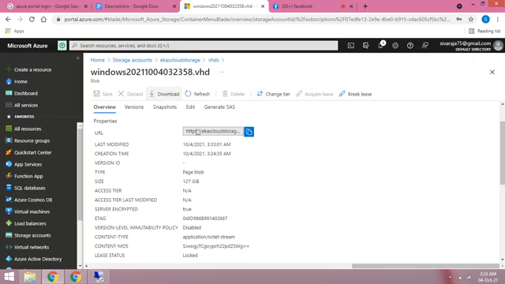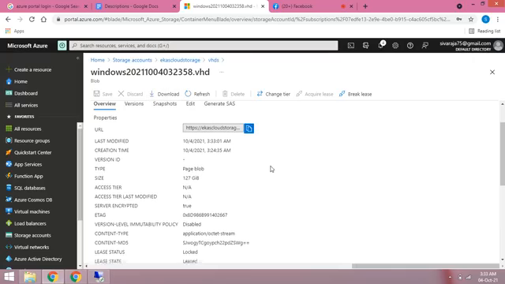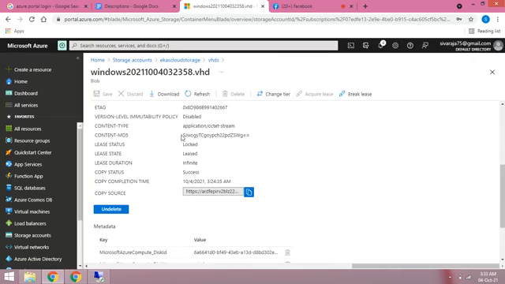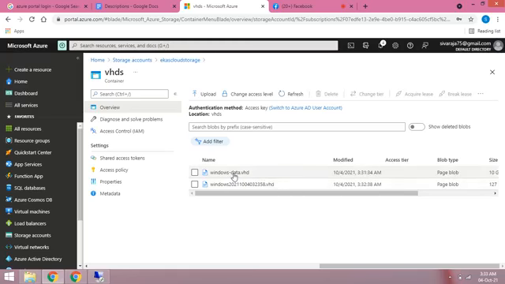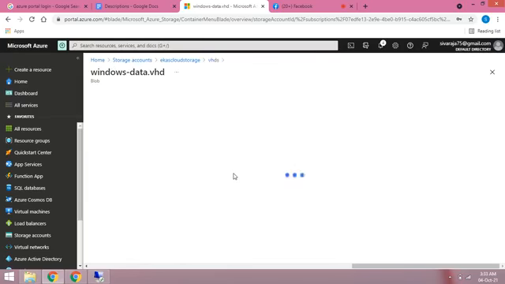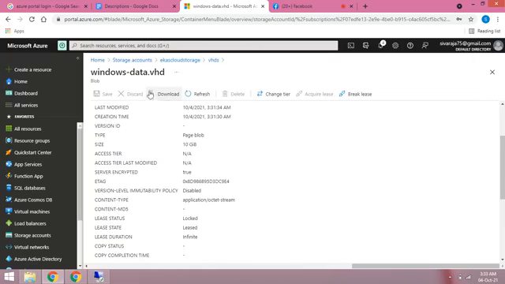If you want to download these disk resources, there are download options. See there. If you want to download this 10 GB additional data disk, the download option is there, and you can download locally.